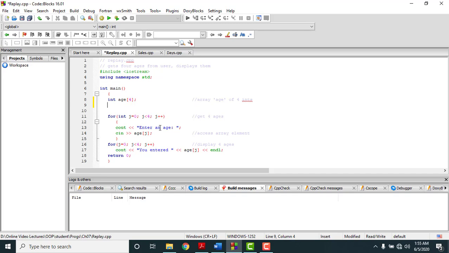index 0, and then again the for loop will perform the increment, that means the value of J will be 1 now. Now whenever we enter the second value, it will be stored at index 1 in the array, and then we'll enter the third value and finally the fourth value, so accordingly the values will be stored at the respective index